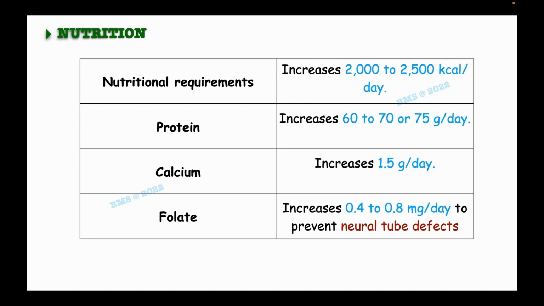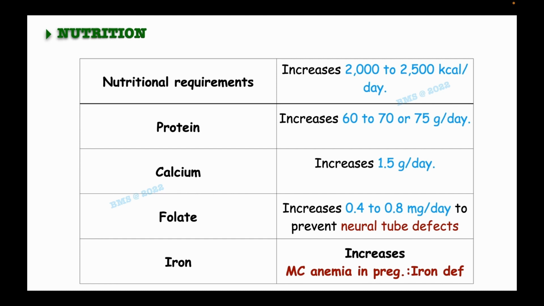And so iron requirement increases due to the increase in red blood cell count. Furthermore, any patient whose hematocrit falls during pregnancy is advised to increase iron intake with oral supplementation. And this is because the most common cause of anemia in pregnancy is iron deficiency anemia, and so we must guard against that. Now, in terms of nutrition,